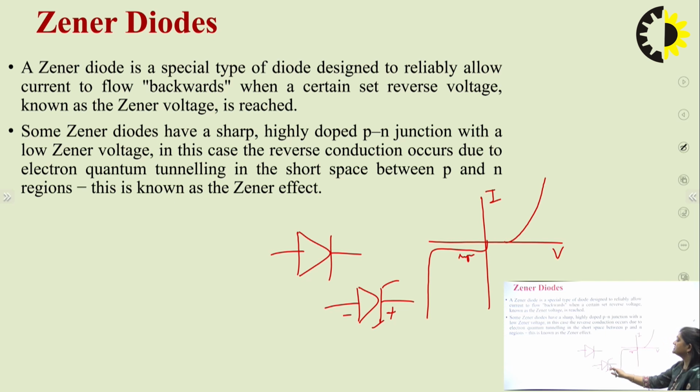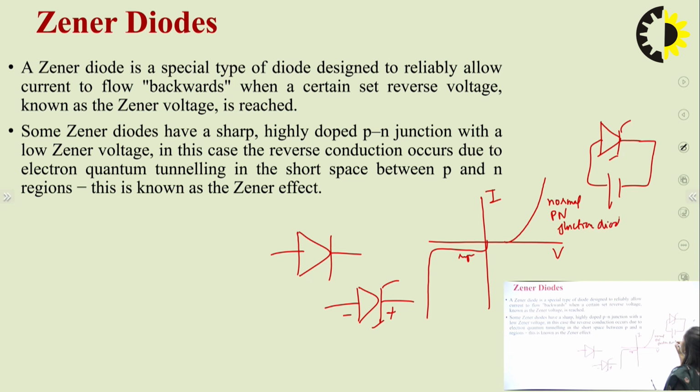If we operate the Zener diode in forward bias, like this, this is a Zener diode in forward bias, so it will behave like a normal PN junction diode. If it is silicon, it will conduct at 0.7 volt, and if it is germanium, it will conduct at 0.3 volt. And now this region is actually the breakdown region,